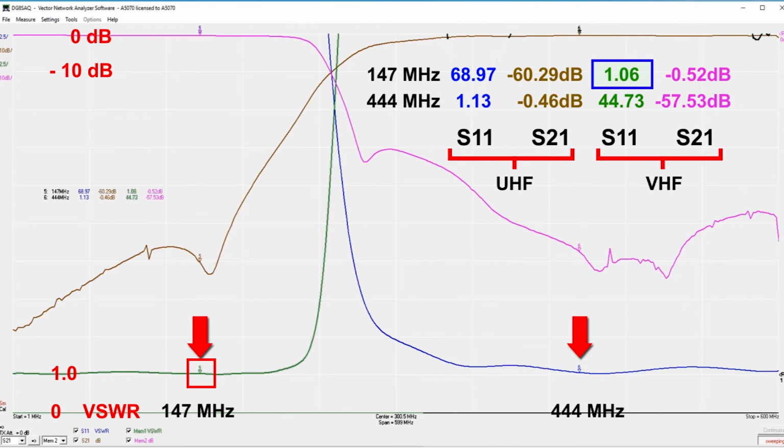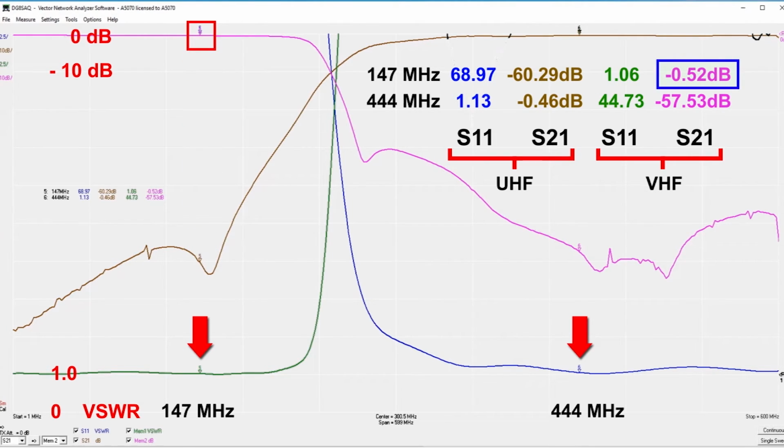Here are the results. At the VHF connector, we see that at 147 MHz, the VSWR is 1.06, and the insertion loss is minus 0.52 dB. But at the UHF connector at 147 MHz, the VSWR is 68.97, and the insertion loss is minus 60.29 decibels. At the UHF connector and a frequency of 444 MHz, the VSWR is 1.13 and the insertion loss is minus 0.46